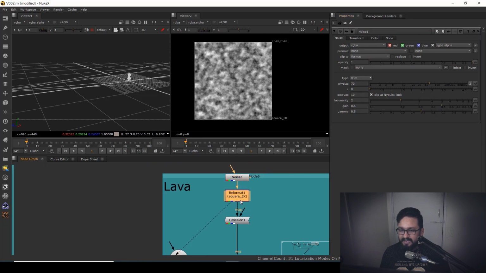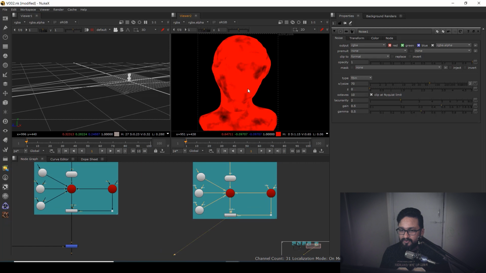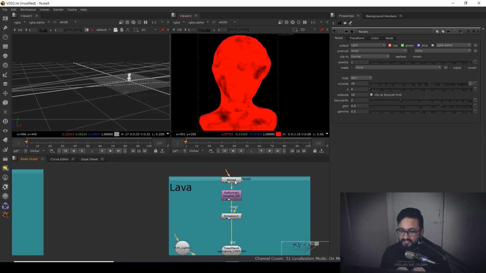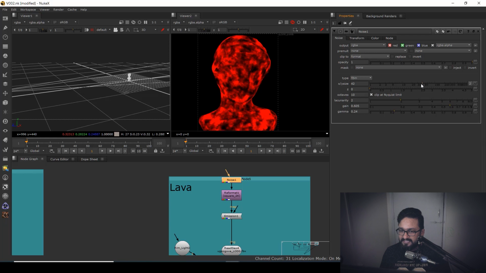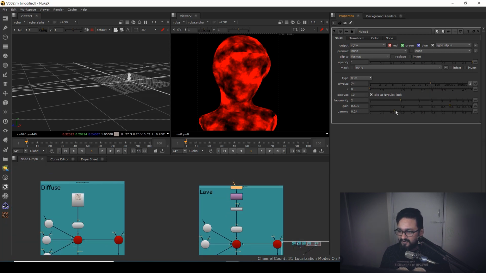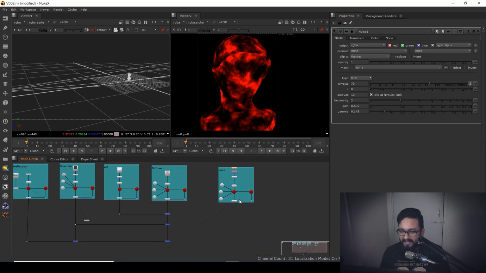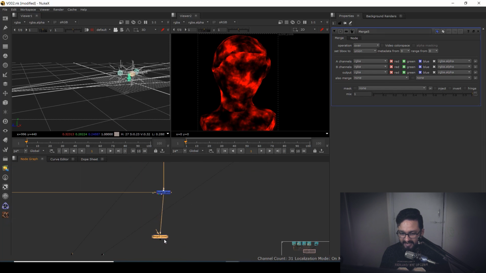And here, as you can see over here, I have a map. So if I connect my map with my noise, see what kind of render I'm getting. I'm getting a good amount of variation as well. So now I can control my gamma and my gain, and maybe I can reduce scaling as well, right? Something like that. You can play around and figure out how it's working. So probably I can reduce my gamma as well, just to reduce the size of my lava, maybe something like that. And voila,